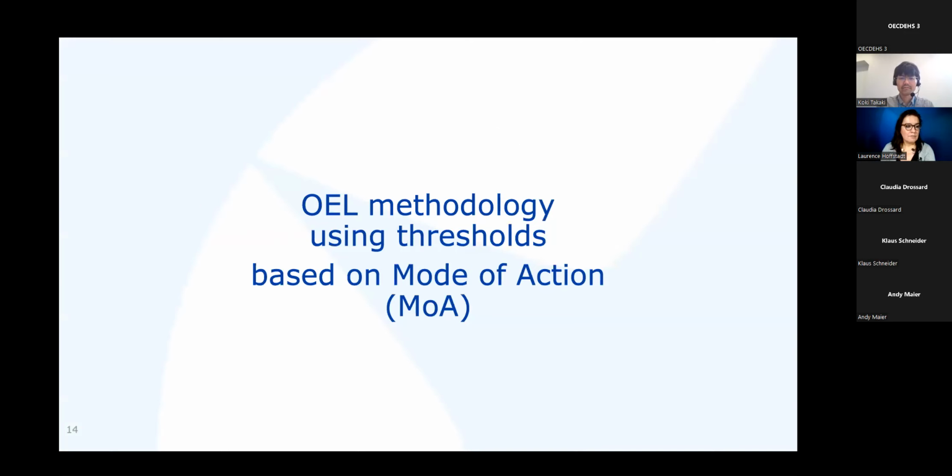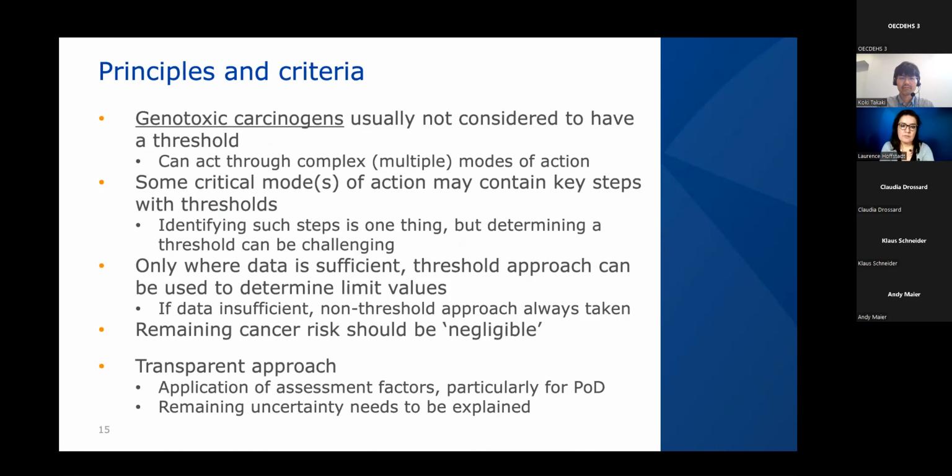And to also conclude, many assessments rely on deriving an OEL threshold based on the mode of action of the substance, and we are also following similar principles and criteria regarding genotoxic carcinogens. Usually they are not considered to have a threshold because they can act through multiple modes of action. Some of them may contain key steps with a threshold, but